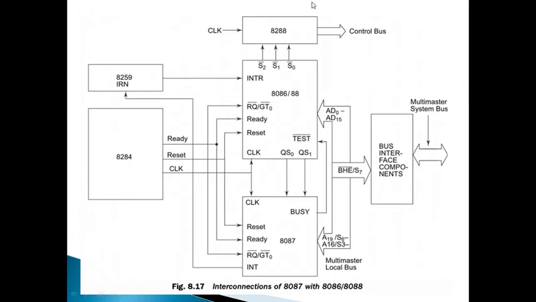And here the bus interfacing components are required in order to pass the address and perform the appropriate operation, that is the data bus and address bus. So here there will be a clock, latches, and data transceivers, and these bus interfacing components will always be controlled by the 8288, that is the bus controller, as we are right now in a multiprocessor system.